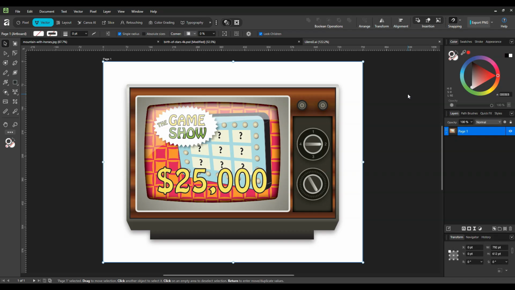From here, let's look at the layers panel. I can see in the layers panel, we have this layer. If I open this up, we have groups. And in each of those groups, we have our sub layers. So here's the screen, here's the side panel, and here's the TV body. So the structure is a little different, but all of the content has indeed been carried over into Affinity Studio. So just keep in mind that in order to bring over Illustrator files into Affinity Studio, you need to also save the file as a PDF compatible file.